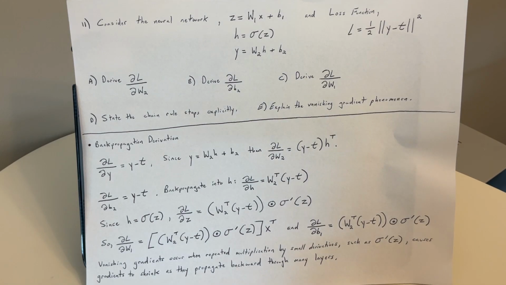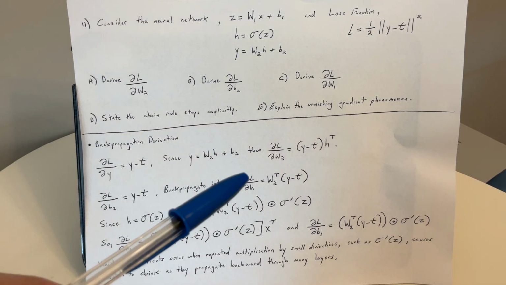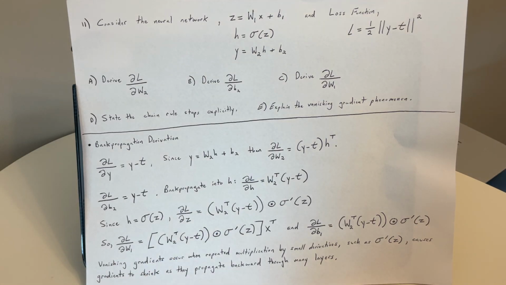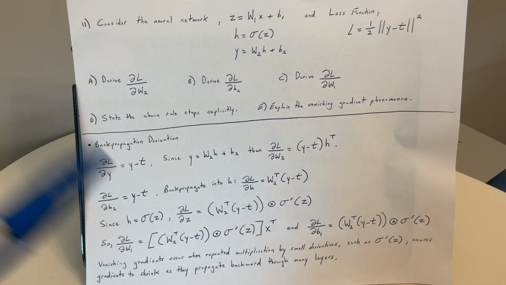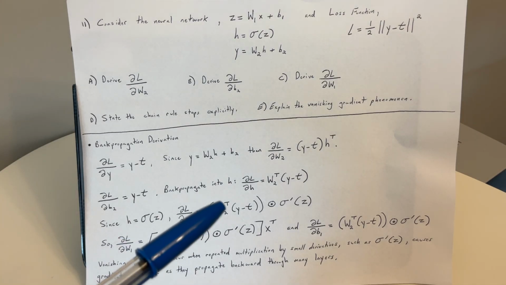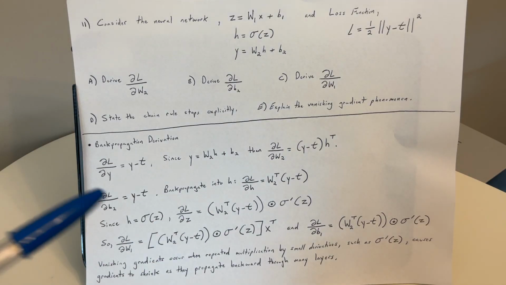Partial derivative of L with respect to b sub 2 is Y minus T. Backpropagate into H. Partial derivative of L with respect to H is W2 transpose times the quantity Y minus T. Since H equals sigma of Z, the partial derivative of L with respect to Z equals W2 transpose times Y minus T, with element-wise multiplication